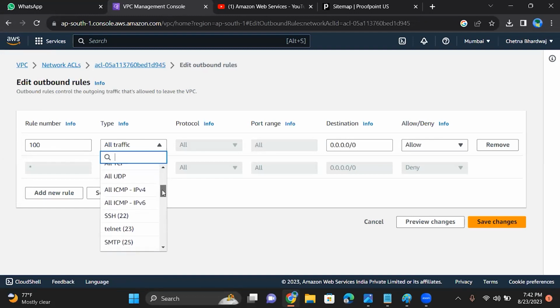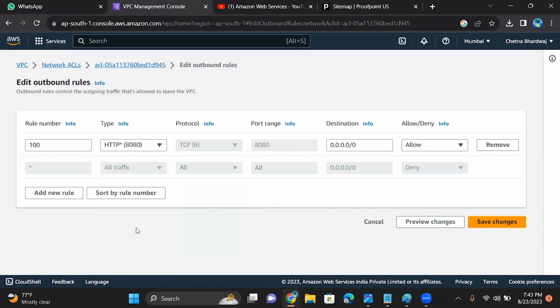Okay, TCP, UDP, all ICMP, Telnet, SMTP, name server, DNS, HTTP, POP, all ports you can see over here, what kind of control you can apply on each and everything. It's similar to a security group, but you can just put it and attach it to any subnet you want. Okay, so this gives you